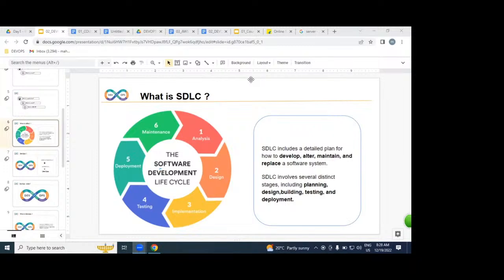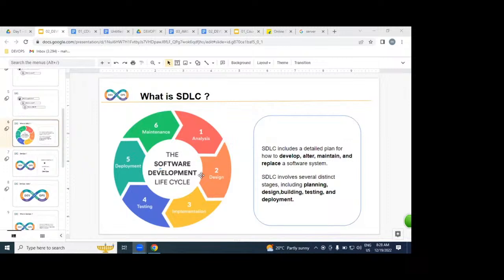What is SDLC, guys? SDLC is the Software Development Lifecycle. By following the SDLC process, we produce software.